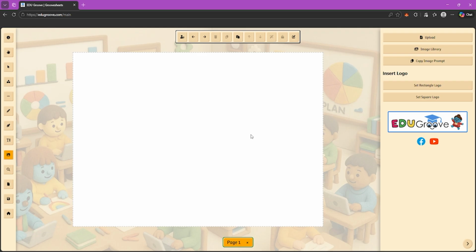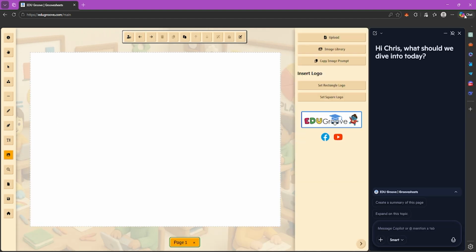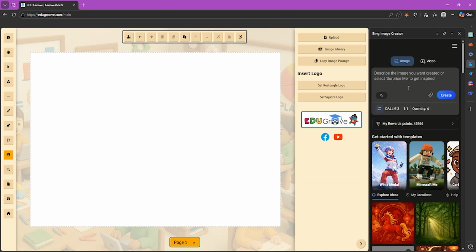For this example, we'll use Microsoft Edge. To activate the sidebar, click Chat. From here, you can add whichever AI tool you're most familiar with, or use the Bing image creator that's built